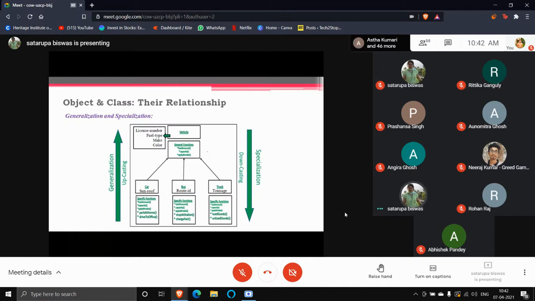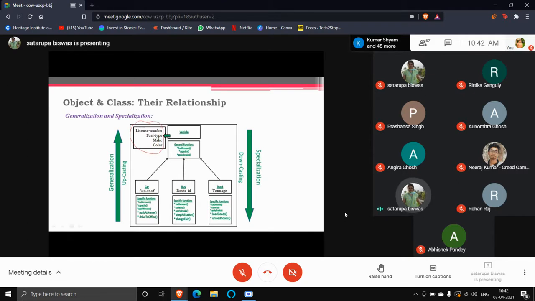Like buses should have a route ID. They run on a particular route. Truck should have a capacity, like it has a tonnage. How much tonnage should be carried by that particular truck? So that is the limit, and that is called the tonnage. Car, suppose a car has a sunroof or not. So it is a Boolean variable. Sunroof, yes or no, you have to put here. So car, bus, and truck, these are the three different types of vehicles. What are the similar things? These are the similarities.